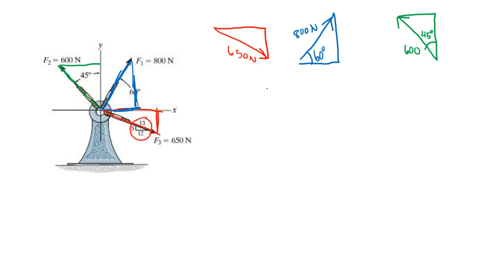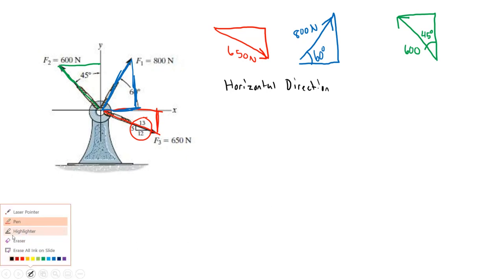Okay. So for the red one, let's first, well, for all of these, first let's look for the X direction, the horizontal direction. Okay. Yes, Patricia, X is going to be positive and the Y is going to be negative. Why is that? Because we are going to the right and down. So to the right is positive, to the down is negative. Very good.